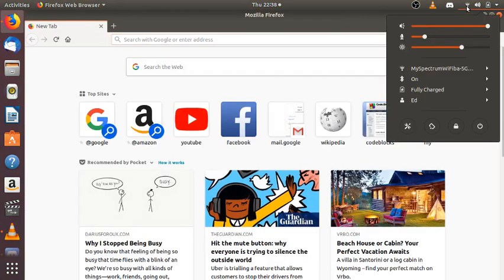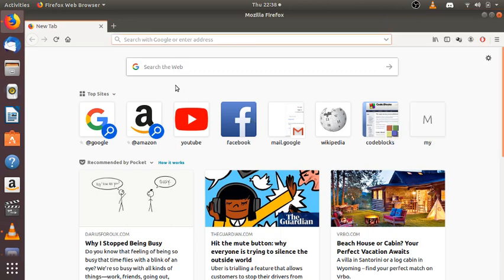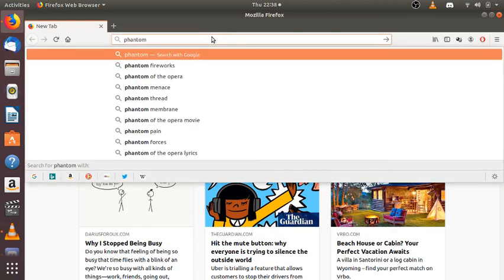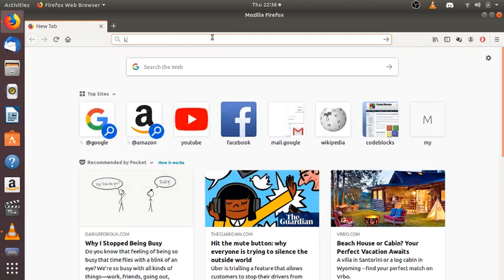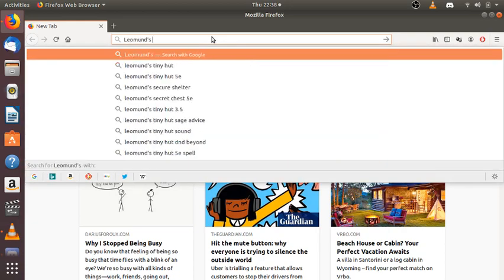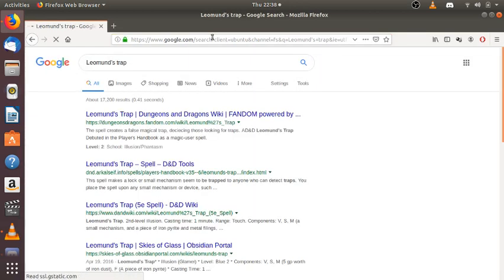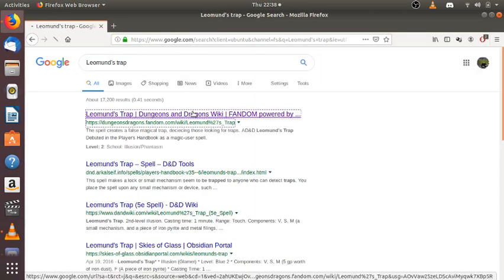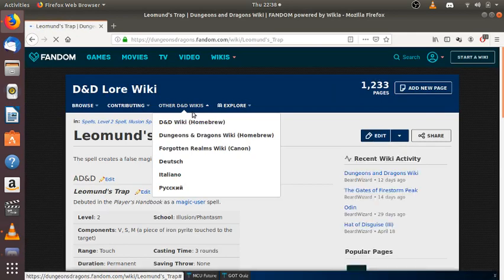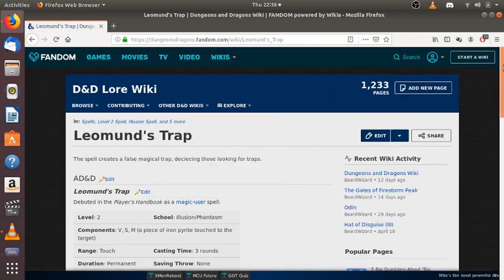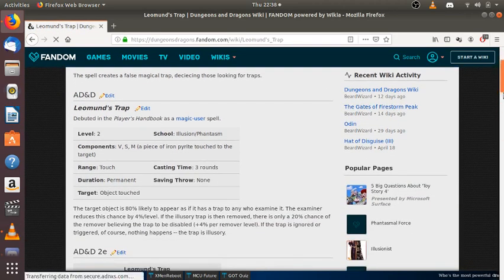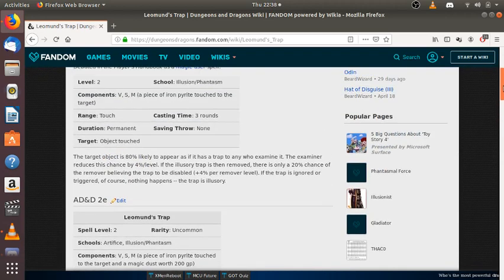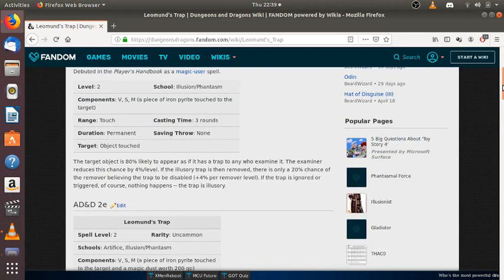No. So there's something I want to warn you about today. It's a spell that's known as Phantom Trap, but it's properly called Leomund's Trap. Huh. And it is in 3.5. Oh, okay. That makes more sense. Yeah, Leomund is the wizard and original Dungeons & Dragons developer character who developed the spell. AD&D Leomund's Trap. Okay, so my cutoff time is extended a little bit because I don't have to go driving